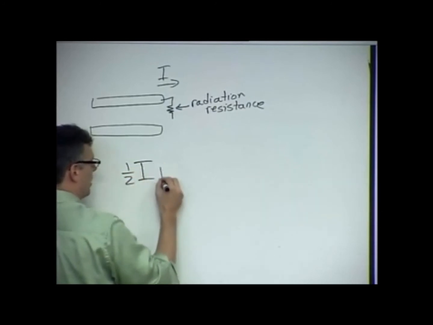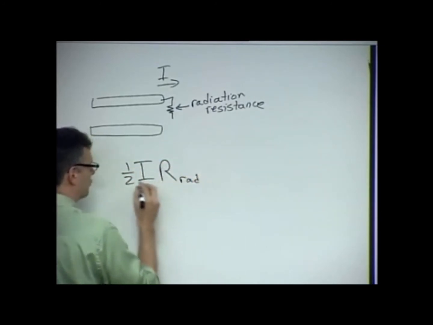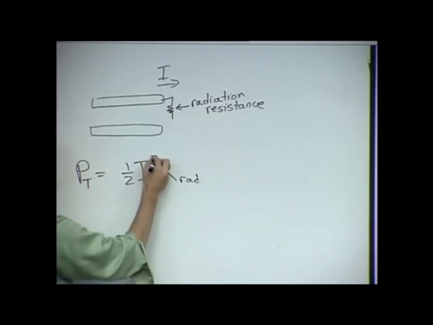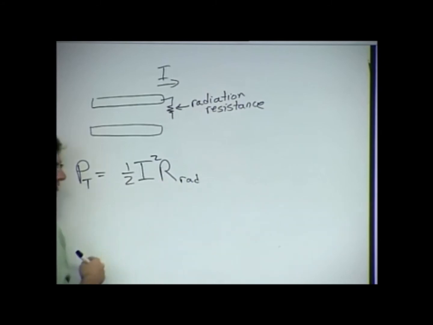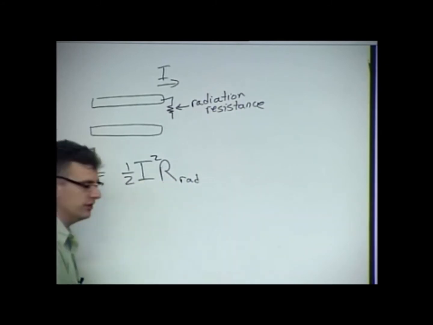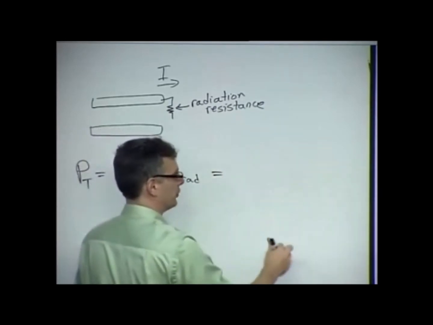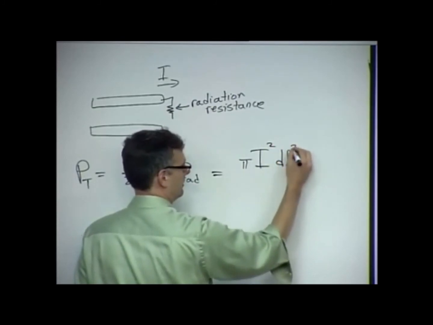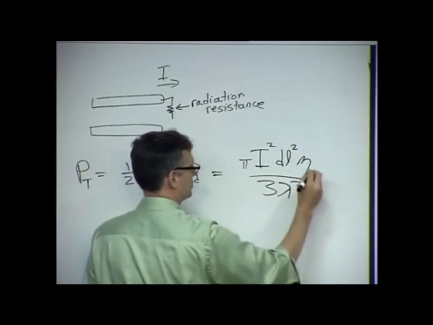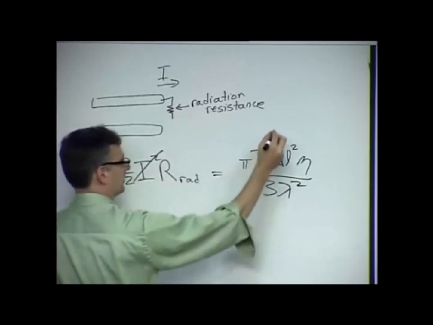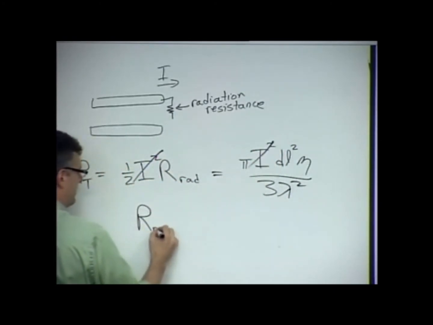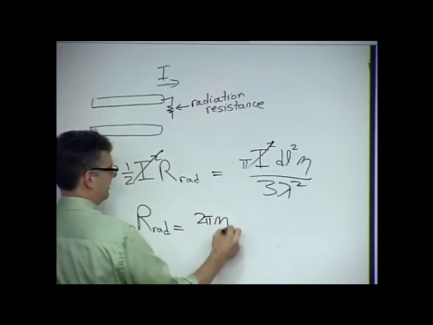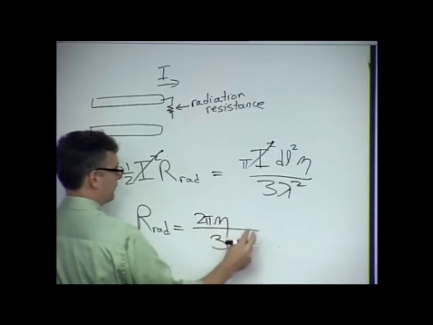One-half I squared R_rad, my radiation resistance, is going to be my total transmit power. It should be I squared R, my radiated power. I've got to put a 1/2 because these are sinusoids. And I have an expression for total power radiated: pi I squared dl squared eta over 3 lambda squared. The I squareds cancel, and I find my radiation resistance is going to be 2 pi eta over 3